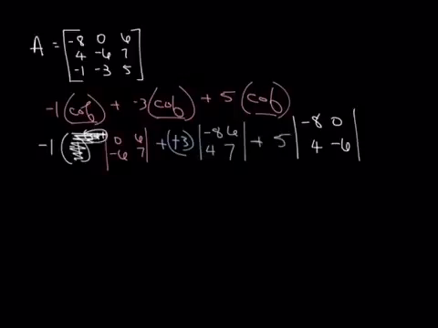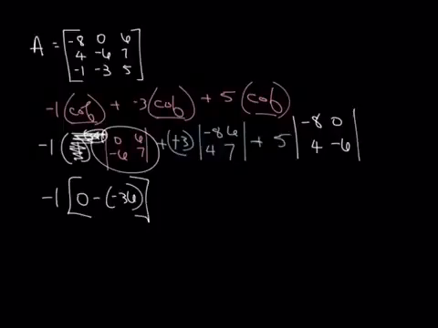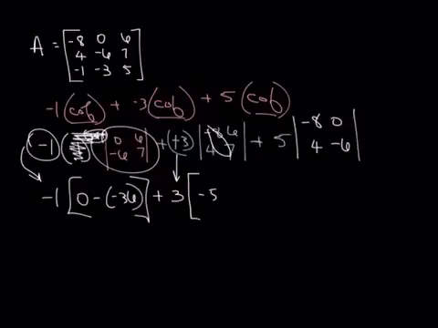Okay, so let's look at each one. Let's do that. 0 times 7 is 0 minus a negative 36. And then I have to multiply it by negative 1, like that. And remember that negative 1 came from there. Okay, so now I've got my 3 from there. And I'm just going to put in brackets here. Negative 56 minus 24